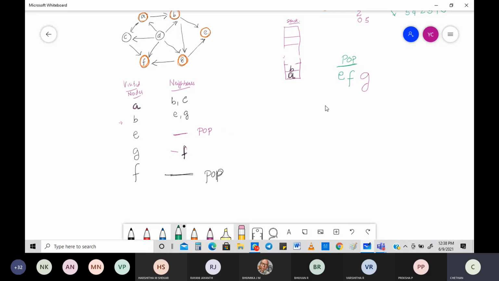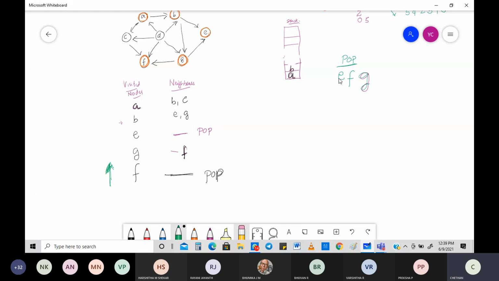What's the next thing? Before that, what do you have? You have E. See, when you're popping out, you have to go like this on top. For G, after that, there was E. E is already popped out. Before that, you had B. You visited B, you can see very clearly there's B here. For B, you need to go and check.